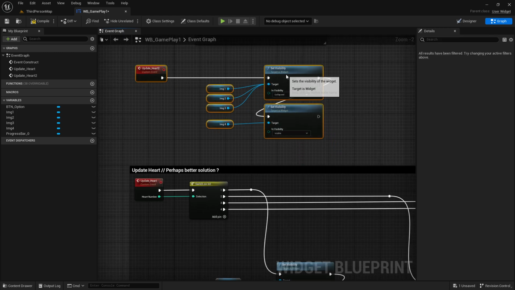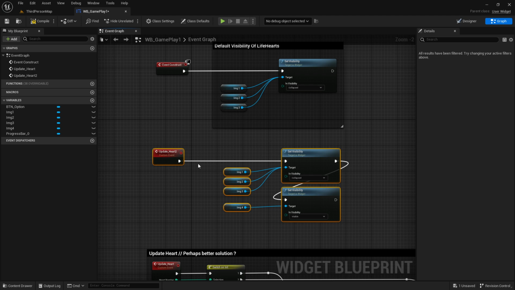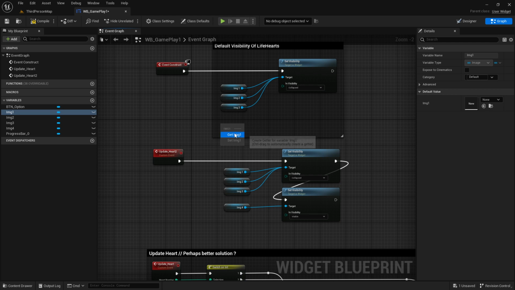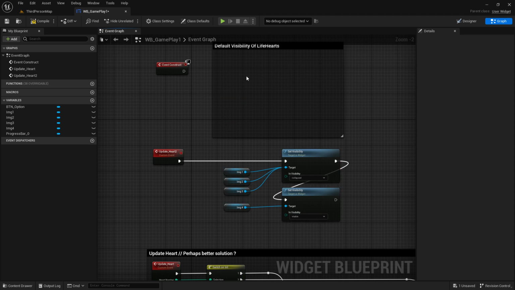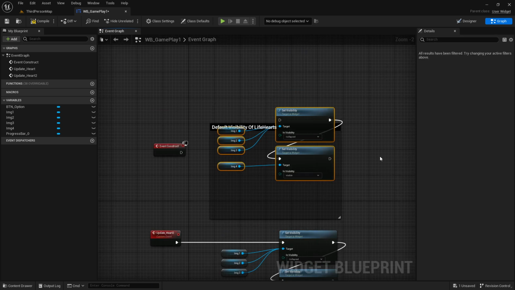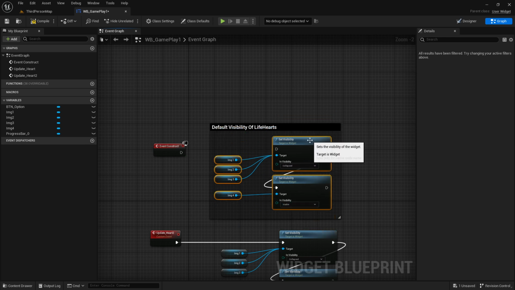So the problem here is when you see this one, this calls here the update. And here, perhaps we should make this one here as well, just to be sure that nothing wrong is happening. Let's get this one too. Let's copy this one and do this one here on top. This is our start point actually. Control V, so we have it here on top as well. This is our start point, and